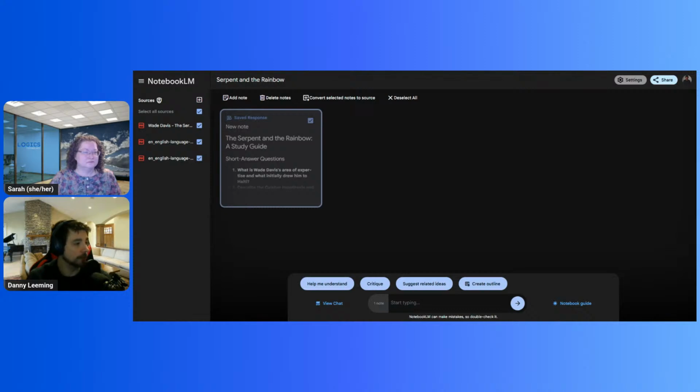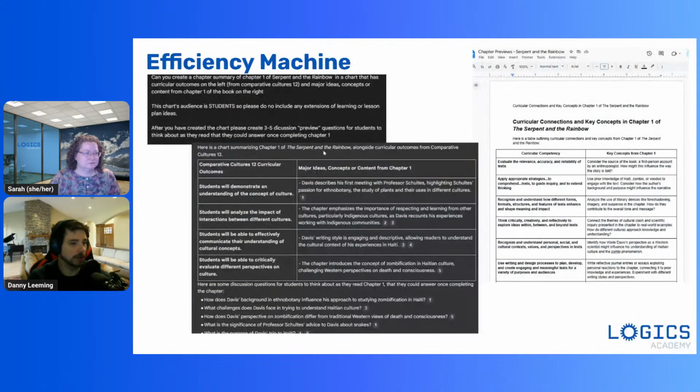After you've created the chart, please create 3 to 5 discussion preview questions for students to think about as they read, that they can answer once completing Chapter 1. Took me a couple of back and forths to get that dialed in. Sorry, I was on the wrong tab there. Once I got it to create and output the thing that I wanted,